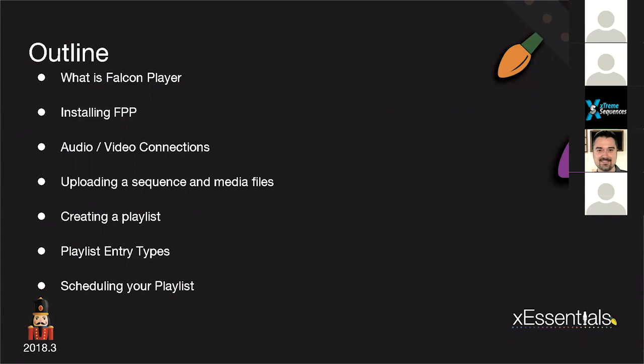xScheduler. Originally, it was developed because xLights had a very basic scheduler early on in the 3.0 and in the early 4.0 release. But people said, well, I don't want to tie up my PC for 6 weeks playing the show when I could be using it to do other things. So now for $35 plus an SD card, a USB stick, and a power supply, so like $50, you can